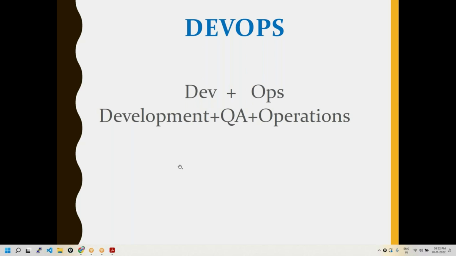Complete real scenarios will be covered, Bharat. That's what I said. You can clear your interviews, you can work in the projects independently. How is that possible? Definitely complete real scenarios will be covered on every topic from the basics till advanced concepts, so that you can be sure of clearing your interviews. Provided you should spend the time, you should give me the time, you should do the hands-on.